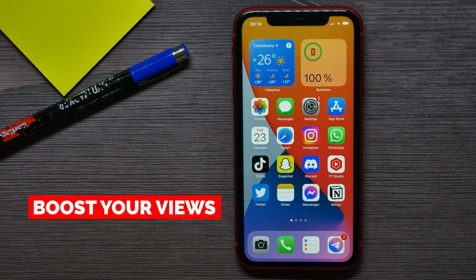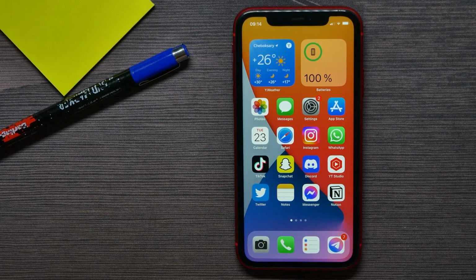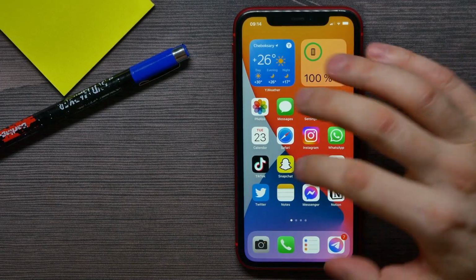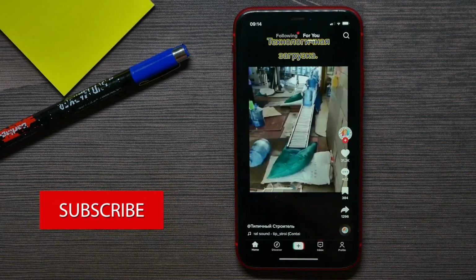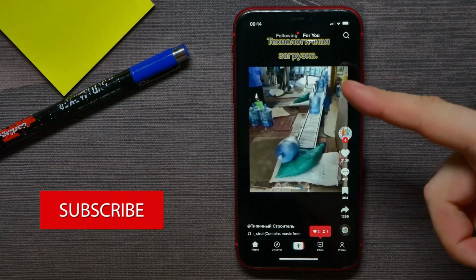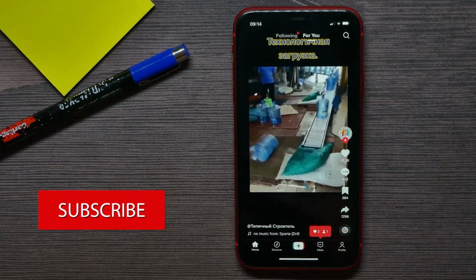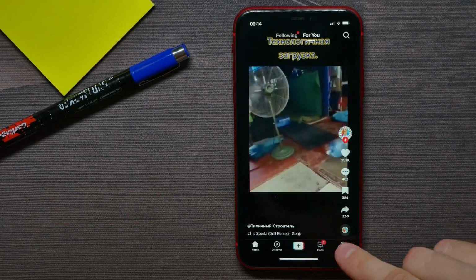In this video I'm going to show you how to turn on or remove photosensitive videos on TikTok. That is quite simple and easy to do, so let's begin. First, open up your TikTok application, then log into your TikTok account, and now you can hit the profile